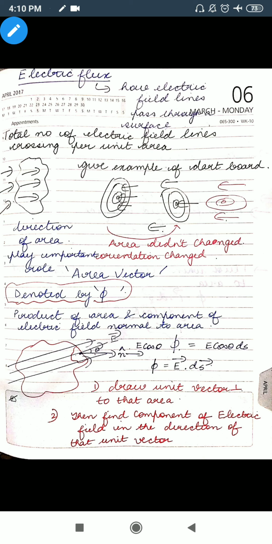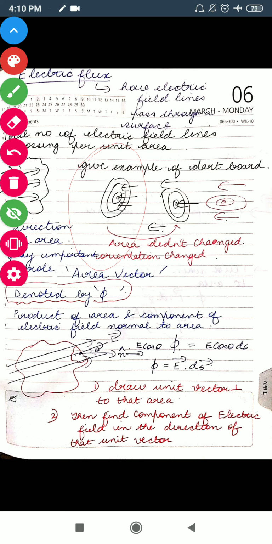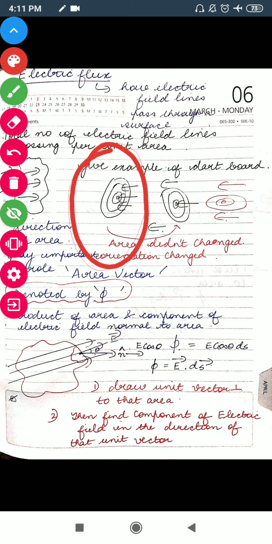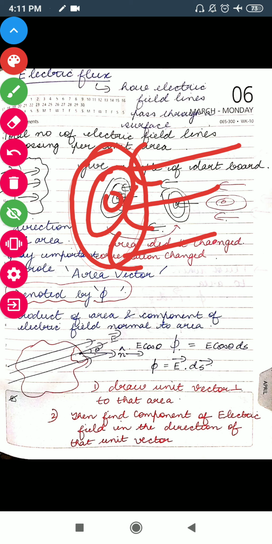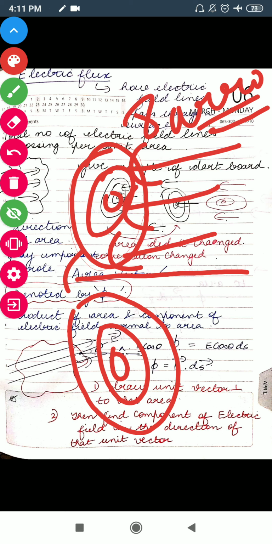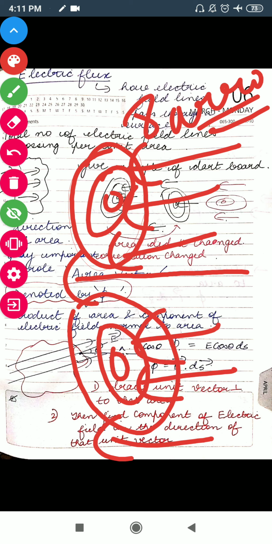If I give you an example of a dartboard and arrows, if I am having a dartboard like this and I strike some arrows on this dartboard, then a lot of arrows get stuck on the dartboard. If I incline this dartboard like this, then earlier if there were 8 arrows which were striking, now some of the arrows will pass from upstairs, some of the arrows will pass from downstairs, and only a few are going to strike this particular dartboard.